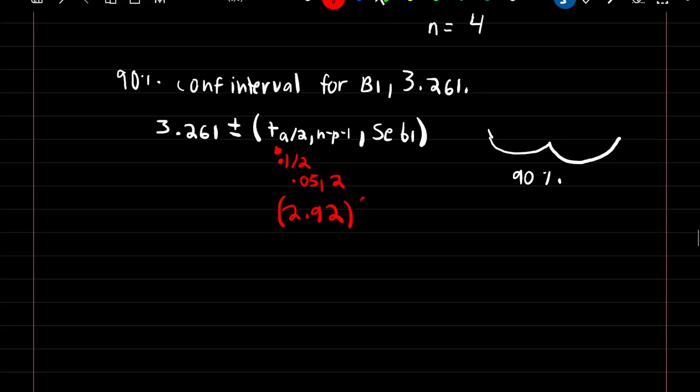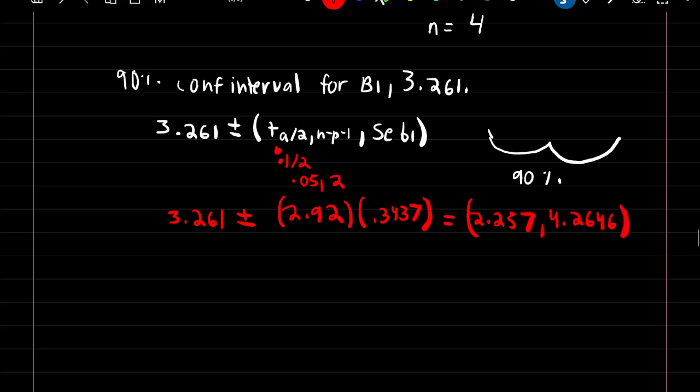Then times the standard error of beta 1, which we already found to be 0.3437, plus or minus our 3.261. And we get a range of 2.257 to